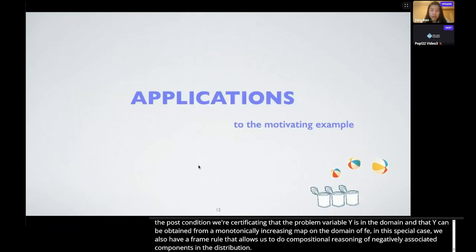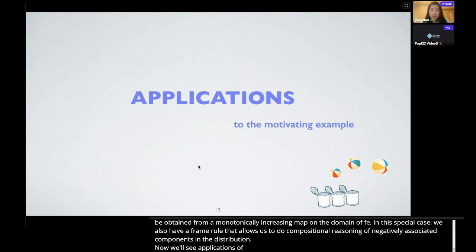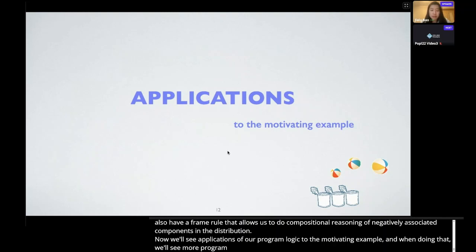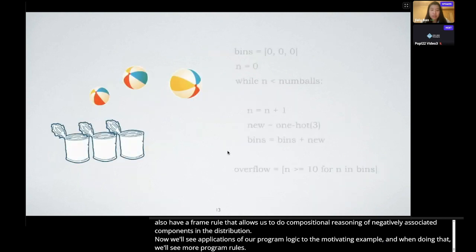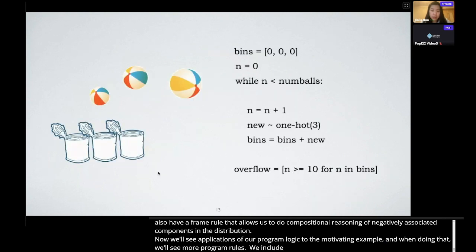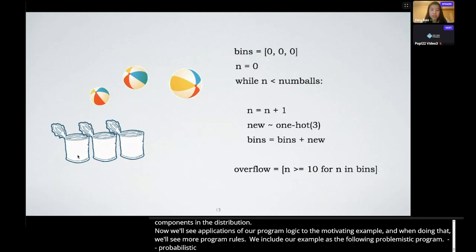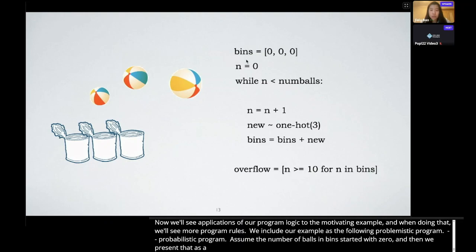Now, we'll see applications of our program logic to the motivating example. And when doing that, we'll see more program rules. We encode our example as the following probabilistic program. Assume that the number of balls in bins starts with 0, and we represent that as a vector stored in the program variable bins. When each ball comes, we sample